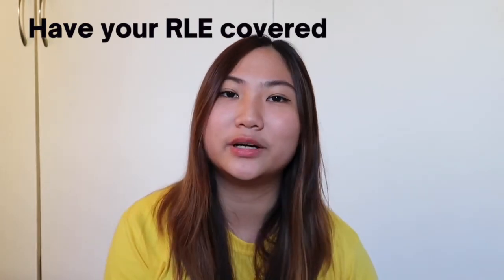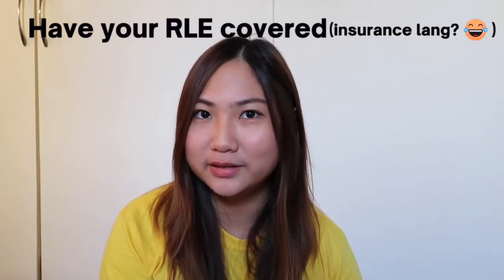Always remember to have your RLE or your group covered. Kasi once your CI gets mad, it would take a toll on everyone. Kaya it's better that you bring a lot of extra stuff kaysa magkulang kayo. And always prepare beforehand yung mga things that you need on duty, and that you always have to be prepared and, you know, stay organized. So, yeah, those are the things I do when I prepare my